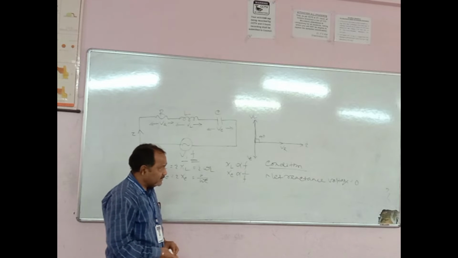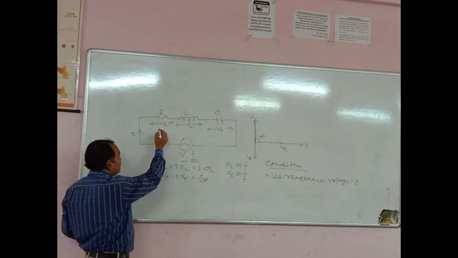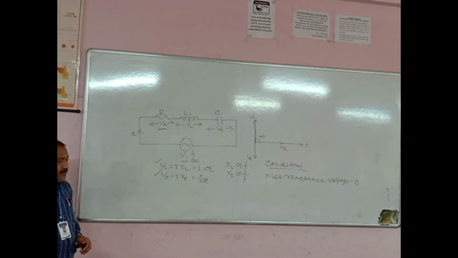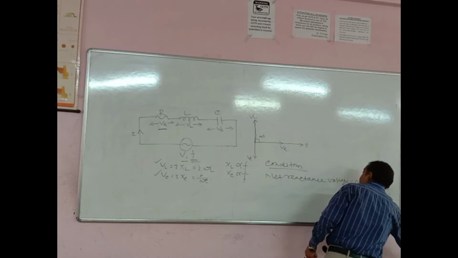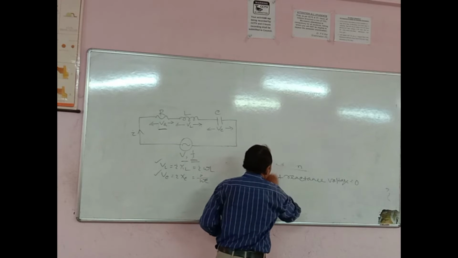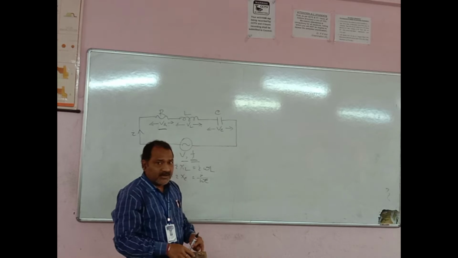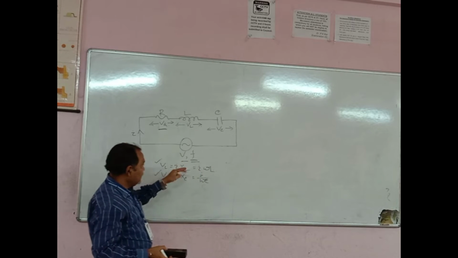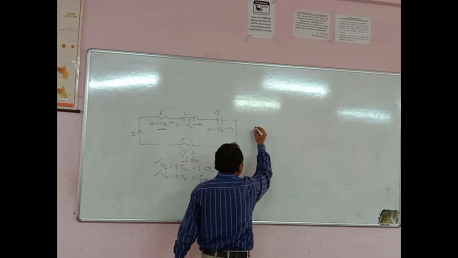So whenever the net reactive voltage becomes 0, the total voltage V will be equal to VR. That means the voltage across the resistance will be maximum. So that is the condition for resonance. Now if you draw the graph of XL, XC and R versus the frequency, then the graph becomes,